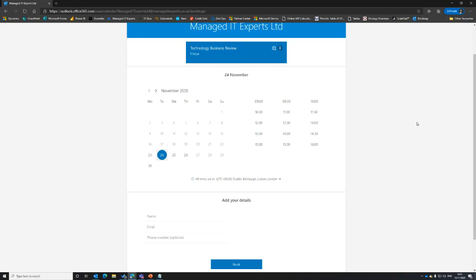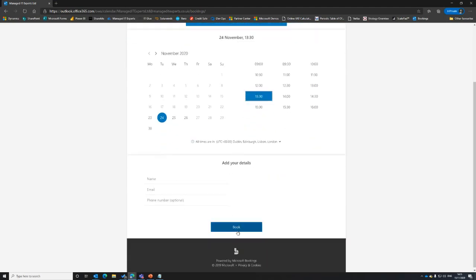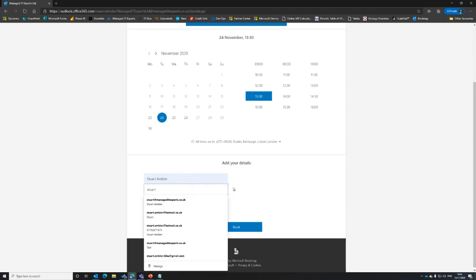I don't think I've used a piece of paper since I started working for Managed IT, which is great. So they can pick which date suits them, which time. You can pick a time slot. They've got the information there. They type in their name and their email. So we'll use my email as an example here, and I'll just show you what this process then does automatically.